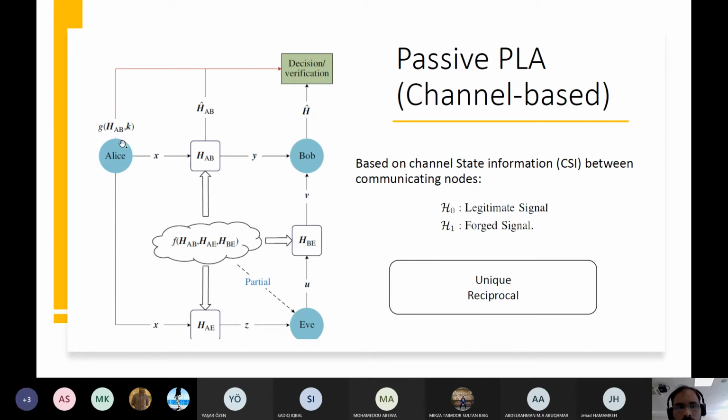In the next stage, Alice will again send the signal. Bob will receive the signal and compare it with the database. If it is legitimate, it will say this is a legitimate node. Or if an eavesdropper tries to send the signal, Bob can easily understand by comparing it with its database.